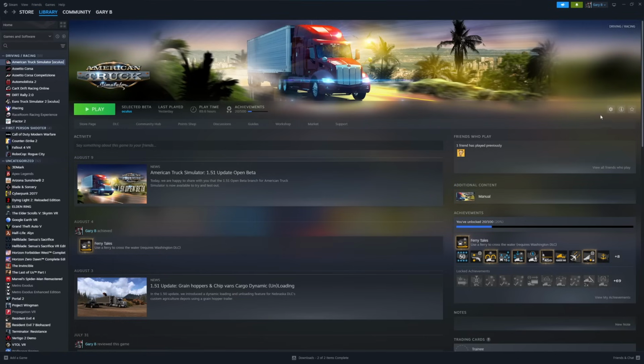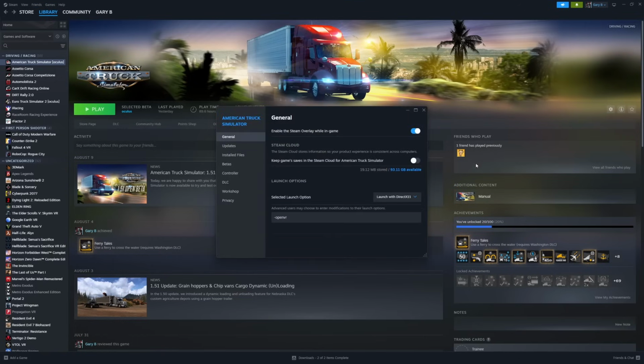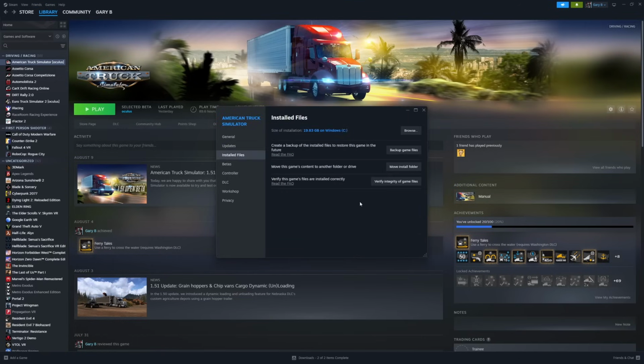And I'll just also show you something very quickly as well. If you click on Properties, and go into Install Files, if you're having any issues with your game and you need to verify the integrity of what's installed on there, if you have a number of mods you've just installed, for example, and you're experiencing crashes, come back to this section here, and click